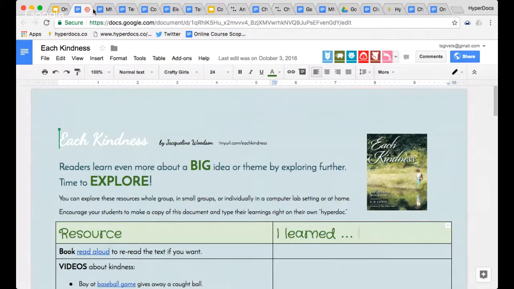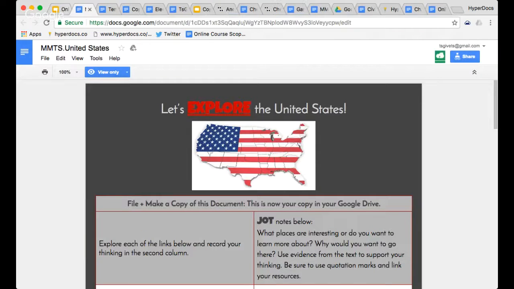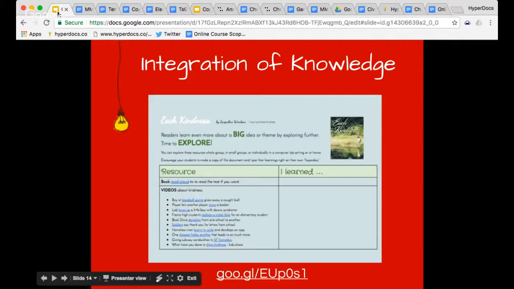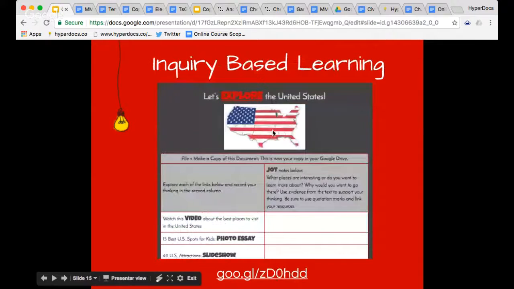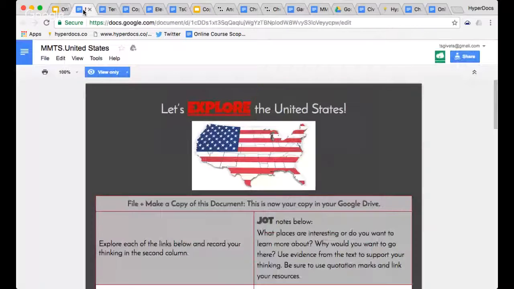I have to admit as well, as a student, I've been creating text sets myself around different topics, but we'll talk about that more later. So the next text set is on slide number 15, if you're following along, and we call this inquiry-based learning, because this example of a text set starts with a